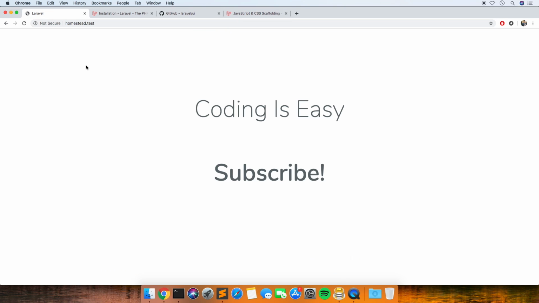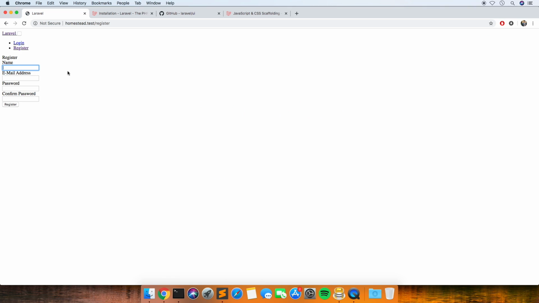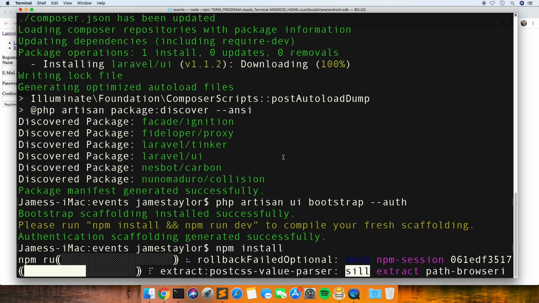Let's just see what this looks like. Yeah, so we've got our two links there, which it does automatically for you. So what we're going to be concentrating on is this register one for today. It looks a bit messed up at the minute, but as soon as this finishes, it should look fine.